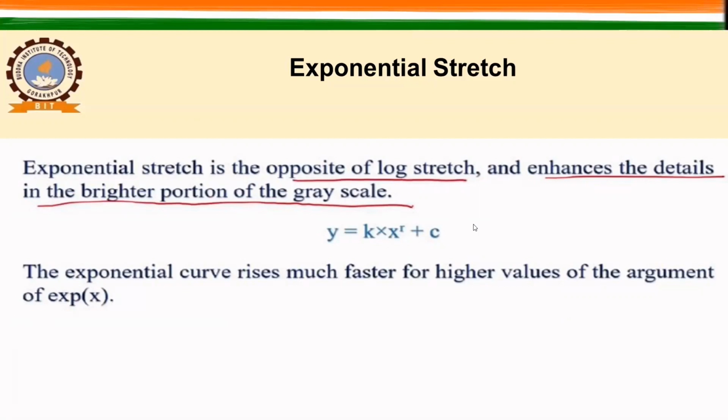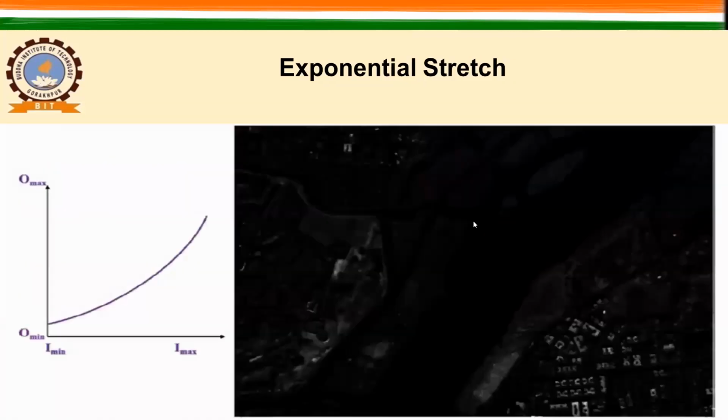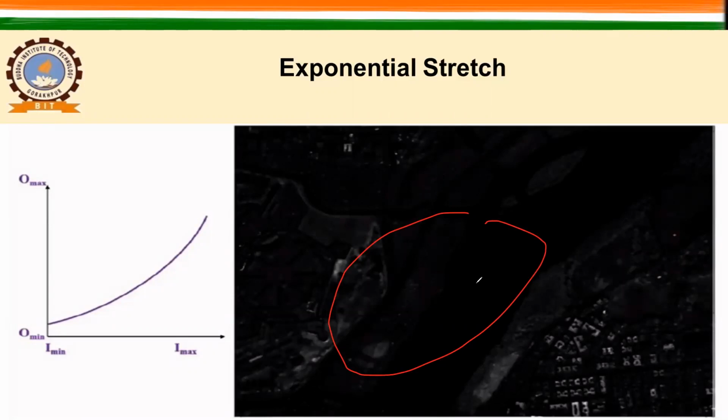Right. So exponential stretch, here you can see the result of the exponential stretch and see this particular area. यहाँ पे इस particular area को आप देखिए. So here basically these were the brighter portion of your image. These were the brighter portion of the image, and again it is preserving and highlighting those information which were hidden in the raw data. So this is the example of the exponential stretch.